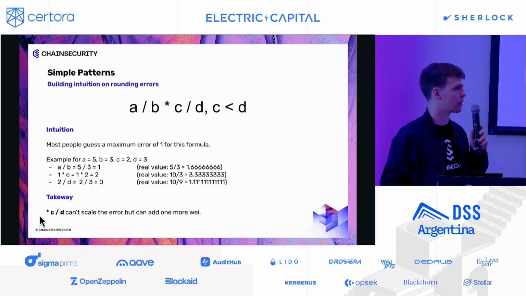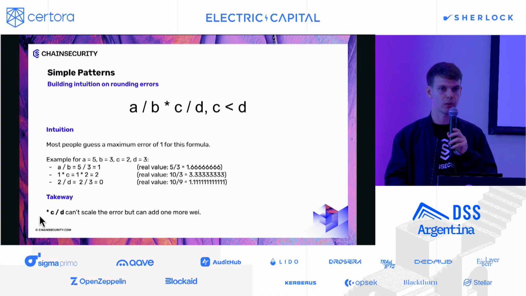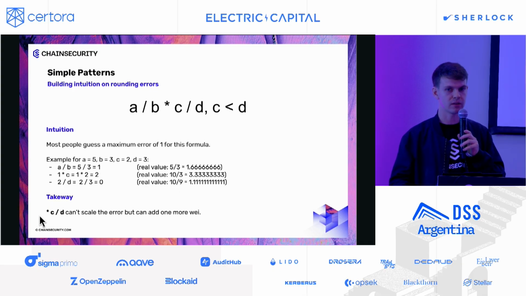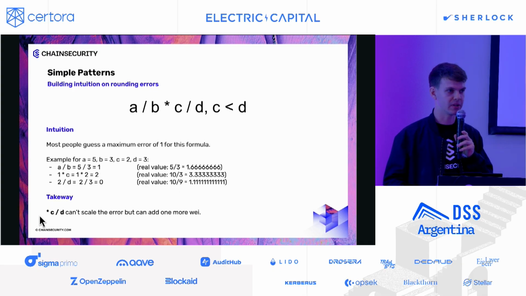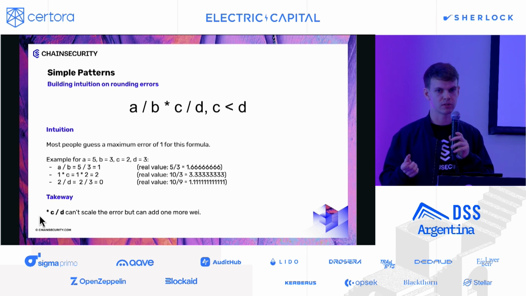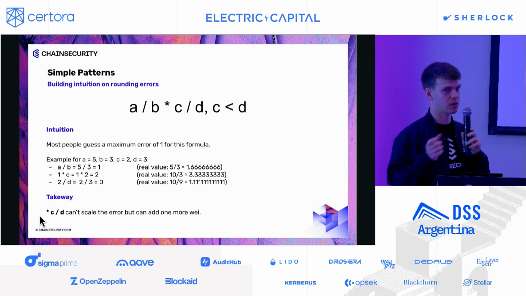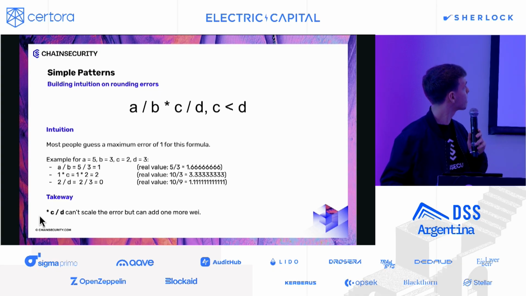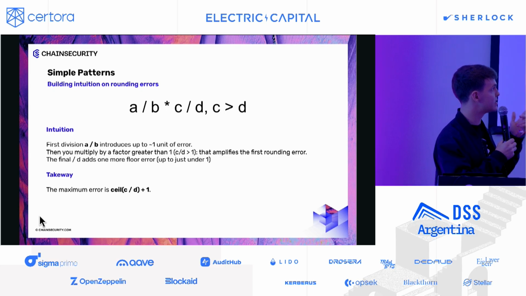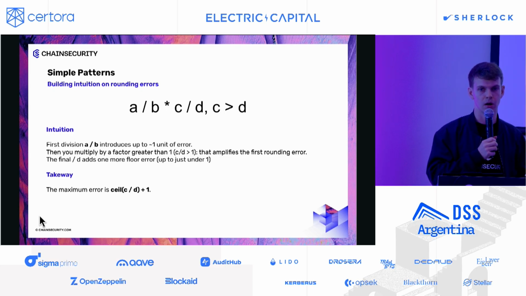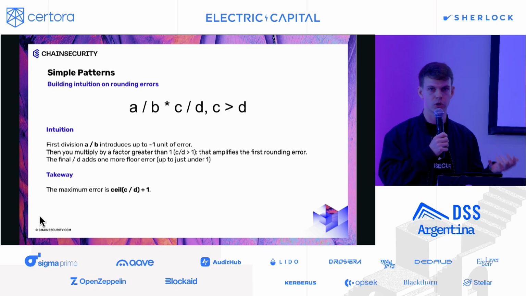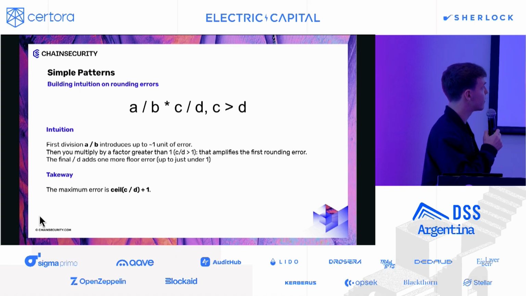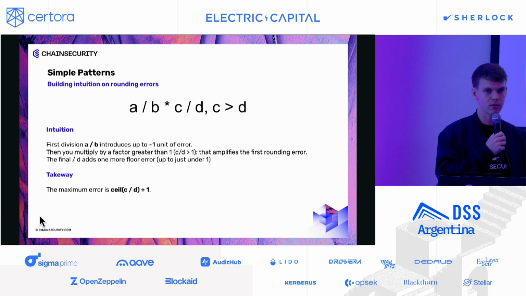Yeah, so this is the kind of thing we should worry about when we check the math in a smart contract, because it goes a bit against our intuitions sometimes. And this is also why later I will show how we can prove this kind of formula. Next, we have the case where C is greater than D. So in that case, we come back closer to what we had with just times C, because now C is greater than D, so we can again amplify the error.